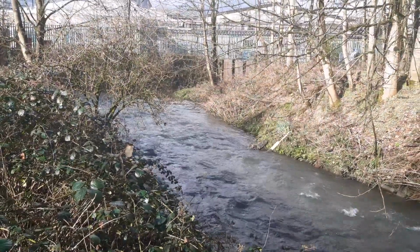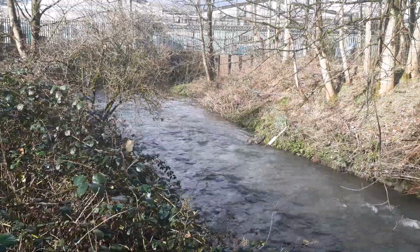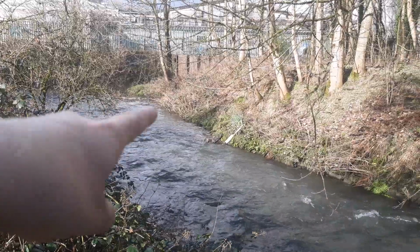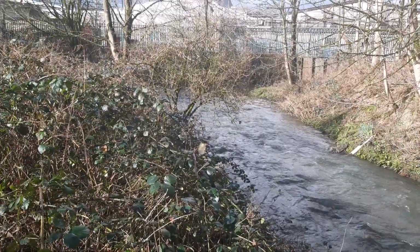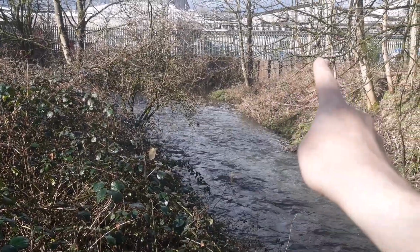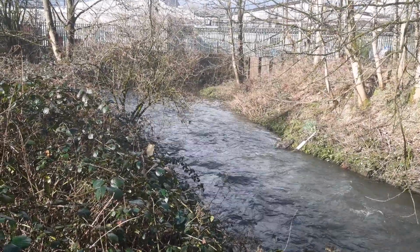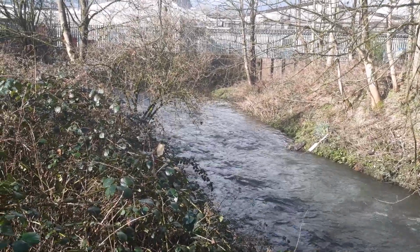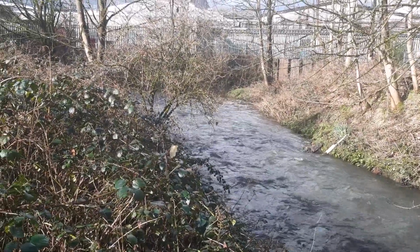Hello, now we're on the other side of Middleton, just the other side of the road really from the shopping centre, and what we're looking at here is not actually the River Irk. This is Wince Brook, and it's about to join the River Irk, which is coming in from the right there, underneath that rusty sort of bridge there, and it's completely obscured both by vegetation and the industrial premises, so this is about as near as we can get to the merger of the two waterways without getting pricked to